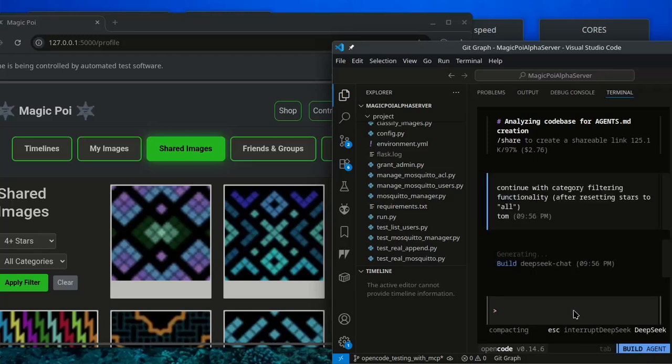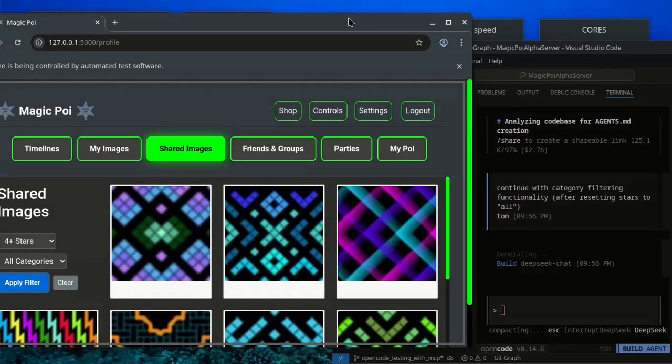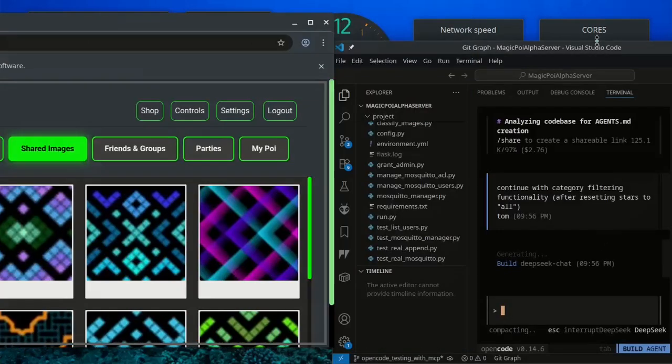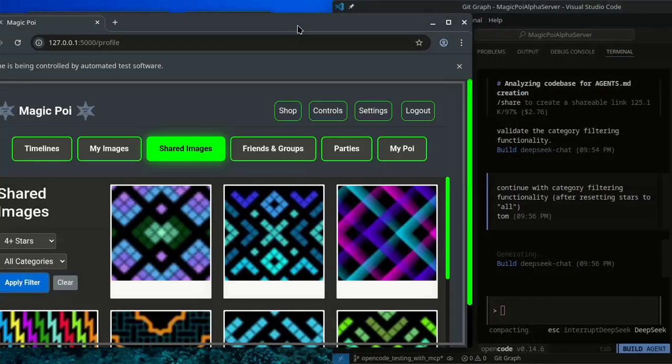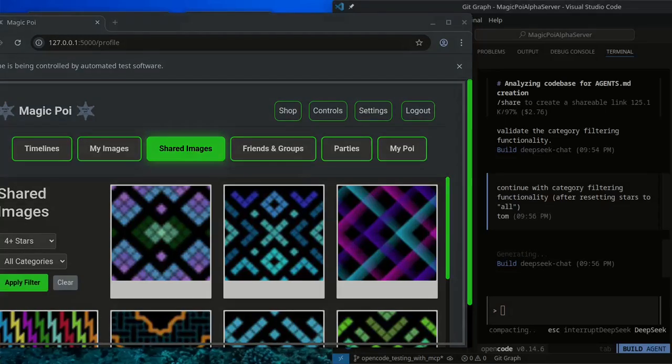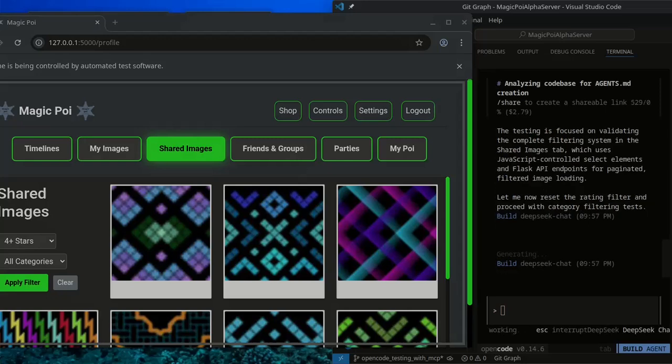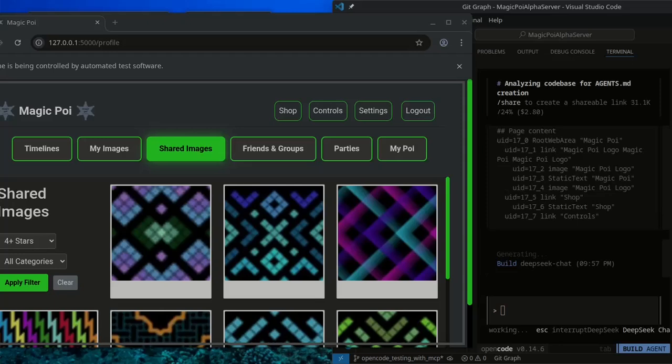Just giving it a prompt. I've already set up the Magic Poi website, and this tool or this AI will be controlling what happens on the screen. So the idea is to test the filters, which I know work. It's not a real test, just for fun,